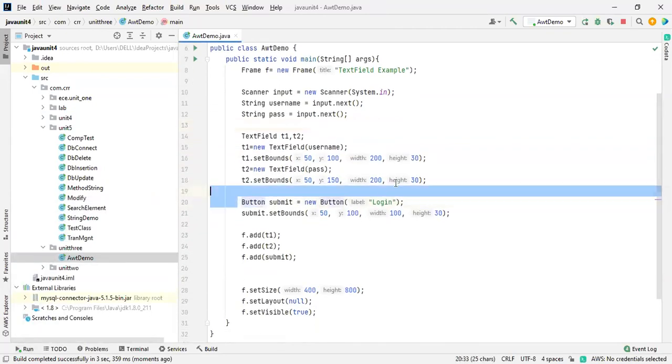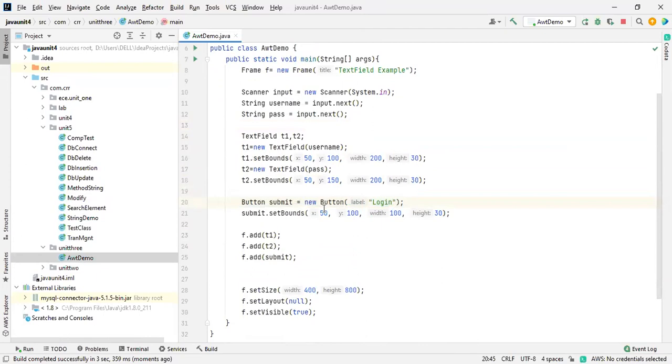Button, did we create it correctly or not? 50, 100 is okay. Then width is 100, height 30. Because we created everything, it is good, right?